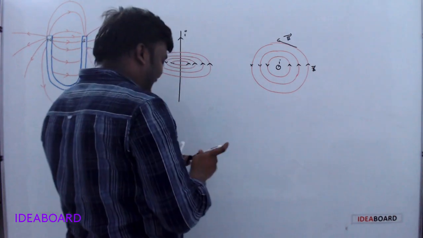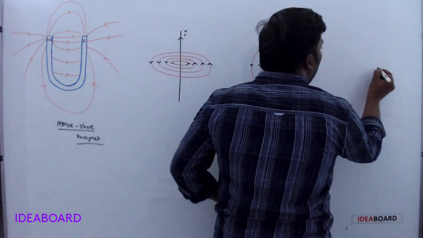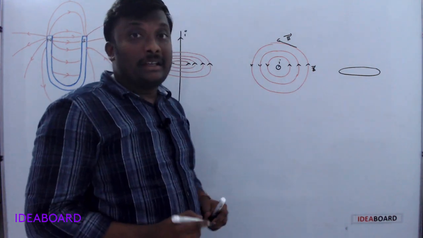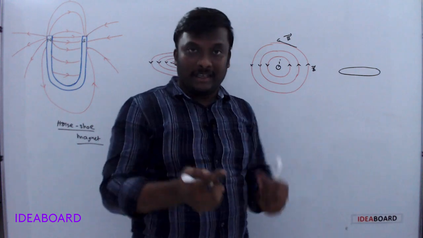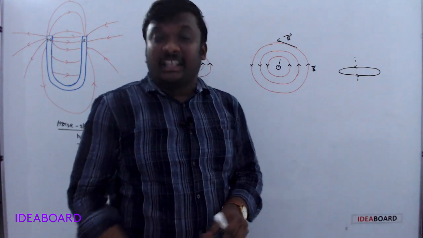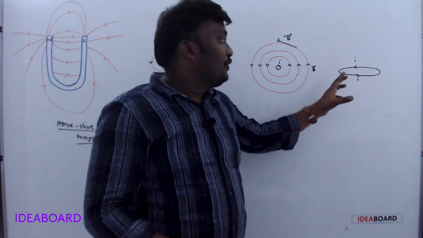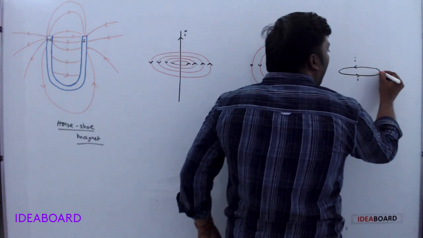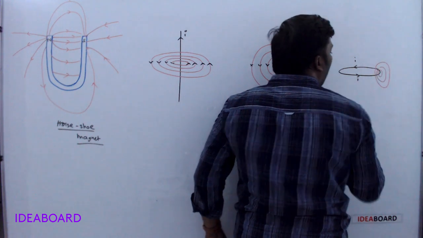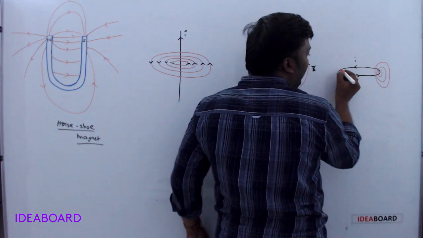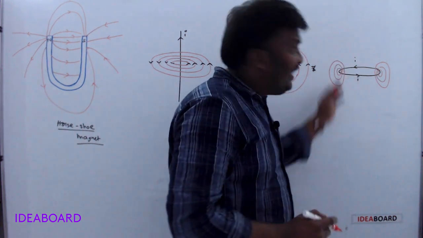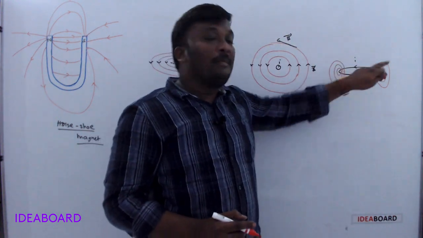Okay, now let us take one circular loop. I consider one circular loop. A wire is bent in the form of a circle and some current passes through it. Every current carrying conductor produces a magnetic field. So here the magnetic field will appear in this way. I just wrote at two points, this point and this point. Here the magnetic field will appear in this way. Everywhere concentric circles will be formed.